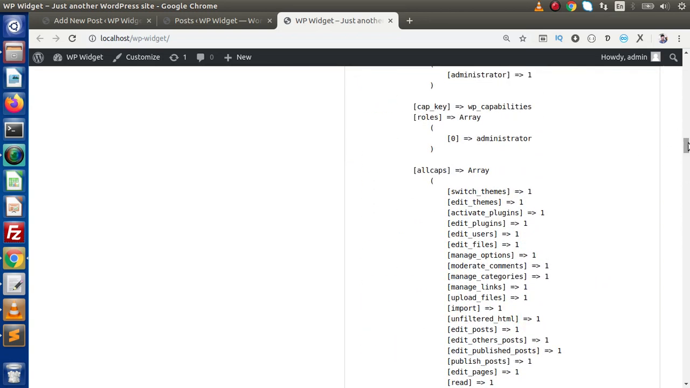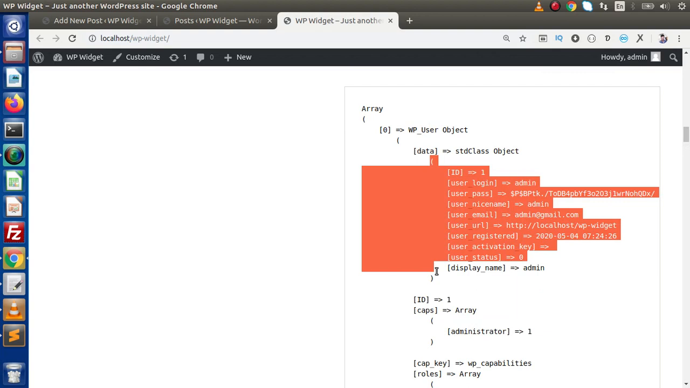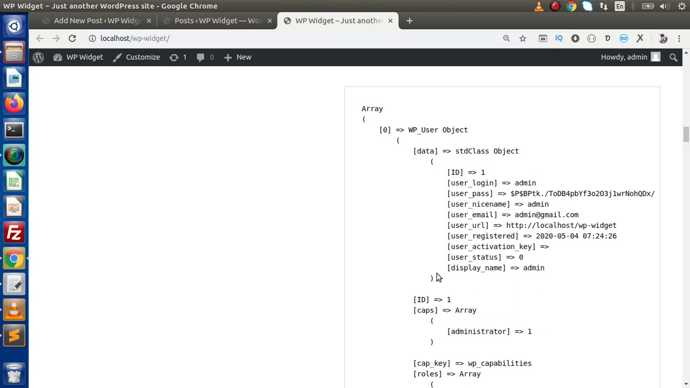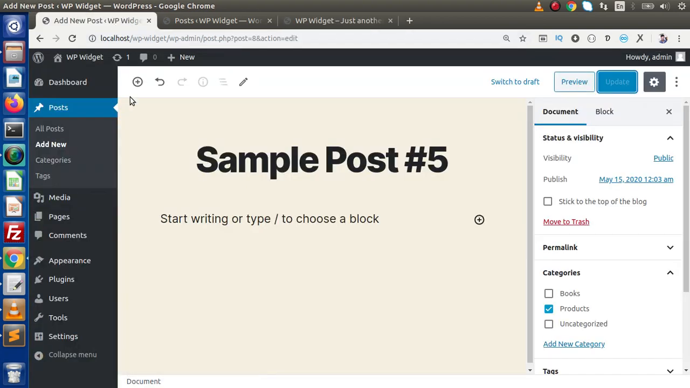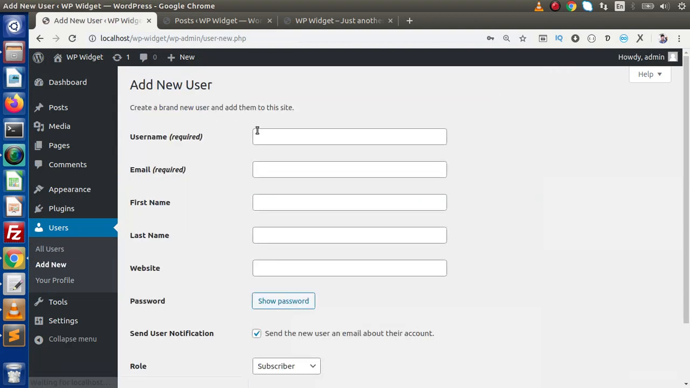This is all about its capabilities, and we have here a data object. Inside this data object we have all our admin details. This is the single user we have right now inside our database. Let's add some more users. Back to our admin panel, go to the user section, click on add new, and let's say I am adding a simple